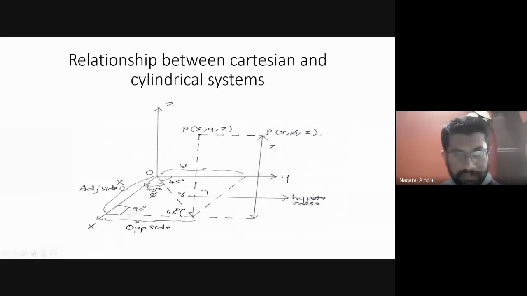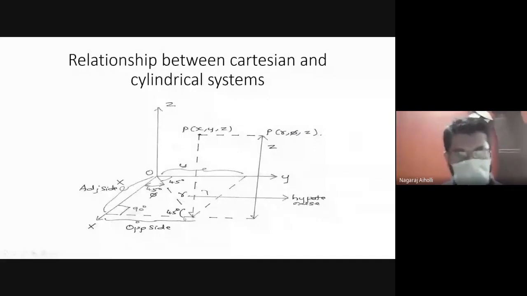Now I am finding this angle phi. This is our angle phi, the half plane angle. Now I have to find the coordinates, that is the sides. This angle phi is formed between this OX and this OR, the radius vector r. Now if I want to find the sine of phi, this is our adjacent side, this is the opposite side, and this is the hypotenuse. It is just a right angled triangle. Try to visualize here.